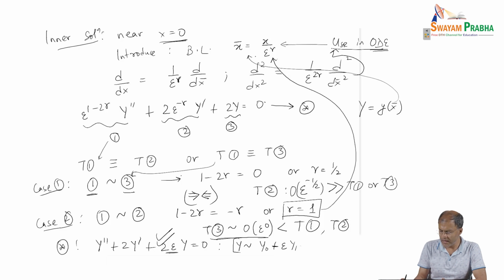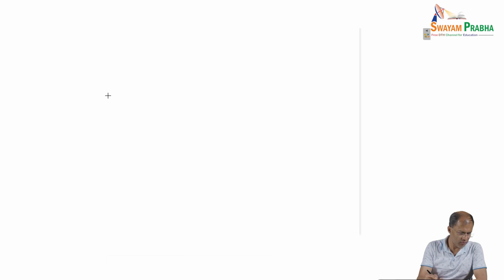We are assuming a regular perturbative expansion form of y, and now we can plug this y into this equation to see what is happening. So the regularly perturbed solution for y will be y naught plus all the higher order terms, plus 2 y naught prime plus